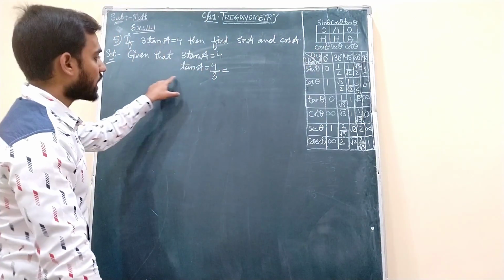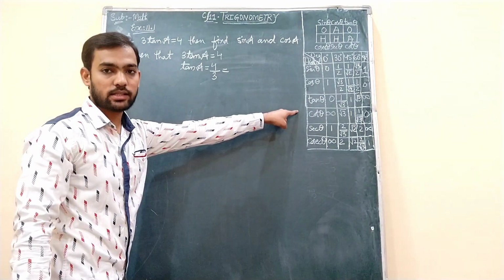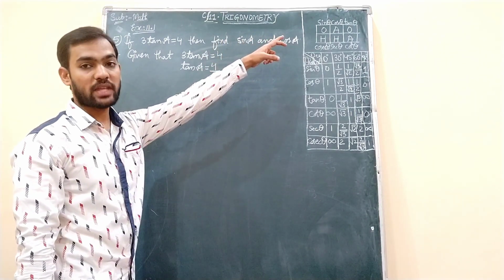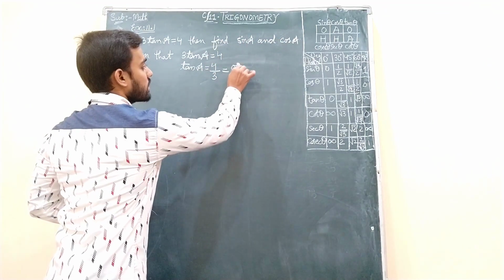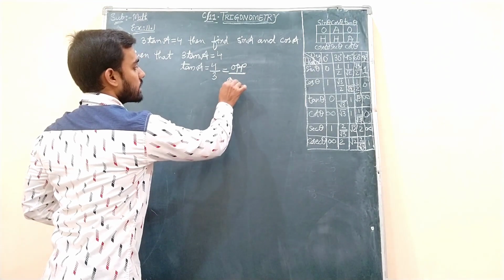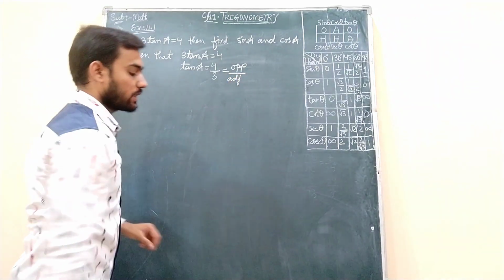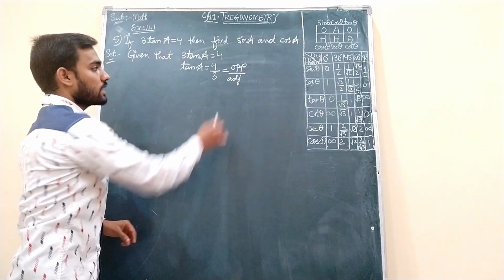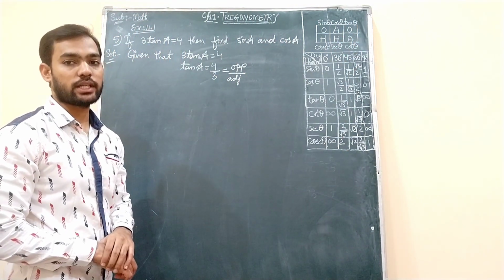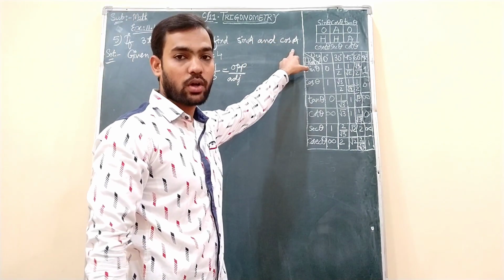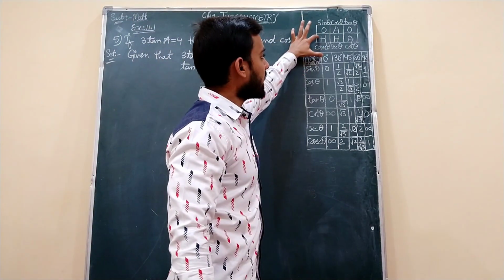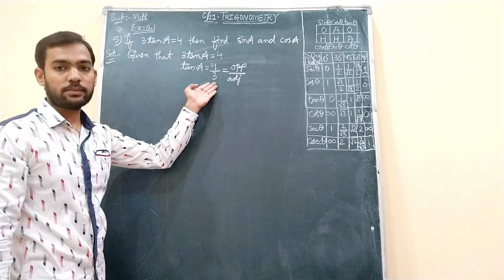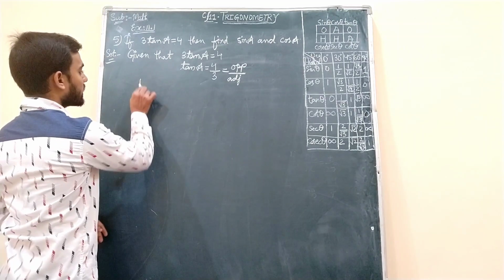Understand? So this 4 by 3 is not there in this specific angles table. So I will take the formula of tan theta, that is opposite upon adjacent. Okay? Tan theta is opposite by adjacent. So I have taken this. Here one side is missing, that is hypotenuse, because if I have to find sin A and cos A, the sin formula is opposite by hypotenuse, the cos formula is adjacent by hypotenuse. But here hypotenuse is missing. So again we will go for using Pythagoras theorem.